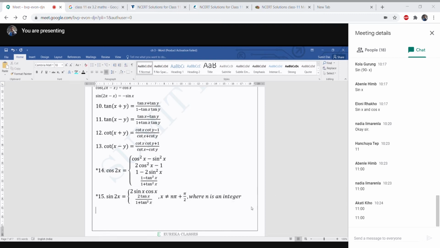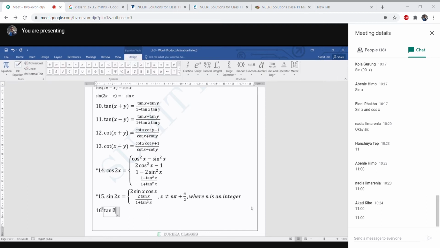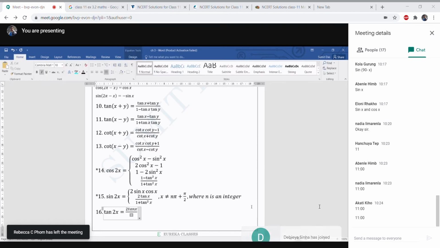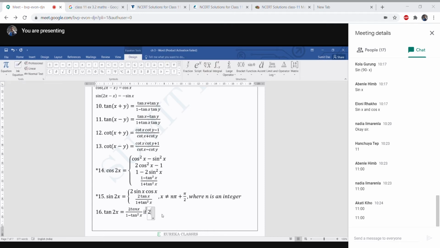Another, last formula of today's class. This formula I will prove and explain. Okay, no need to worry. Last formula is tan 2x. All these formulas I will prove. Tan 2x formula is 2 tan x divided by 1 minus tan square x. Here one thing, 2x is not equal to,